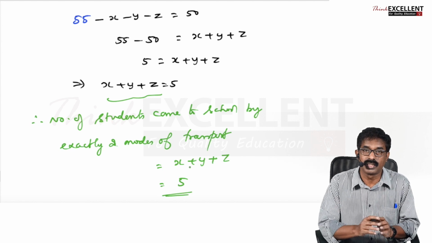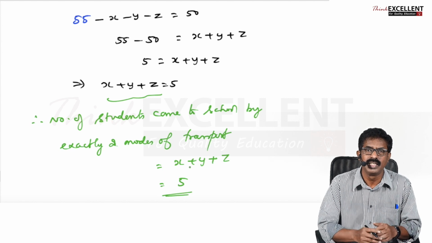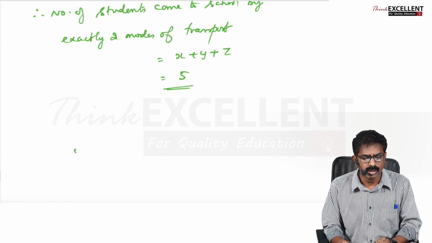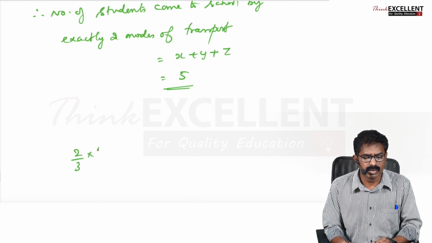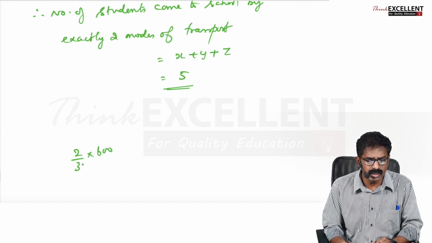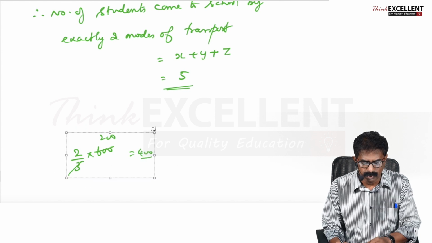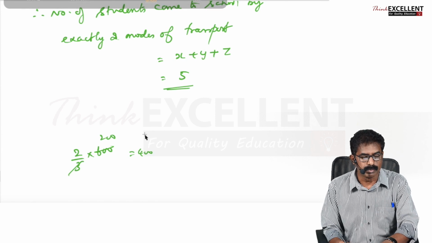Okay, hope you understood. I think I taught all the questions in the exercise. Example, same method you can do. In one question they given say 2/3 of say 600. That means 2 by 3 into 600. Okay, just to multiply, you'll get what? 400. Okay, like that you can do.